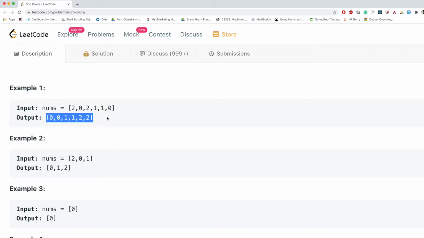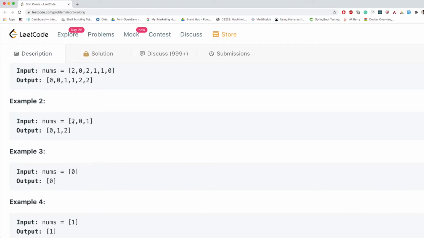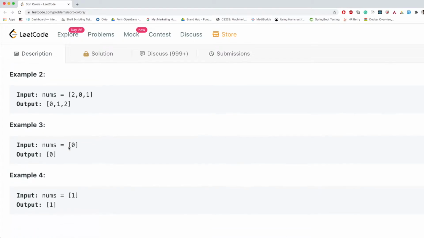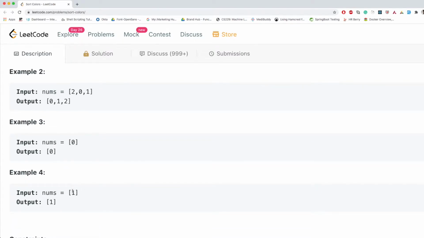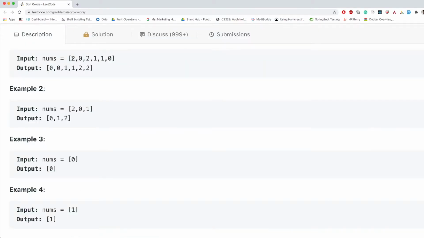That means they have simply sorted this array, right? And in the next input, we have 2, 0, 1, and the expected output is 0, 1, 2. Similarly, if you have 0, it should give you just 0. And if you have 1, then 1. By looking at the input, we can definitely say that this is basically a straightforward sorting problem, but we'll see how to solve it.